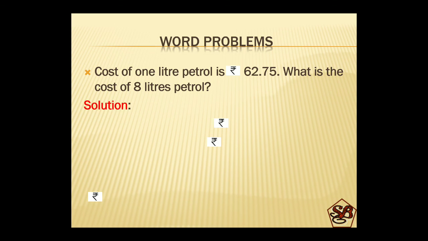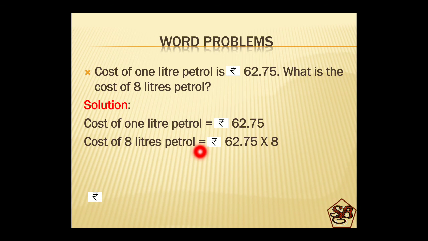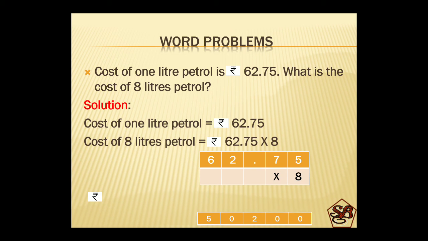We will write the solution statements. Cost of 1 liter petrol, 62 rupees 75 paise. Cost of 8 liters petrol, 62 rupees 75 paise multiplied by 8. We will write vertically and multiply them. On multiplying, we get the answer as